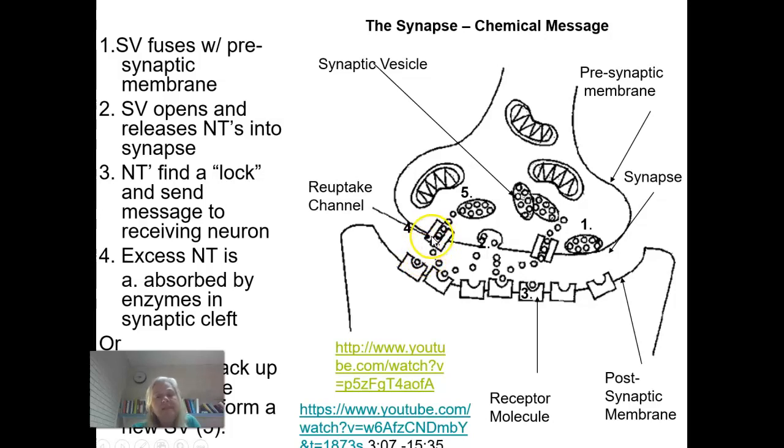And what they do is they chemically block this channel here, and that allows more of the neurotransmitter to stay in your system. So for something like depression, if you take an SSRI like Zoloft, it's going to keep more serotonin available to you to help you to overcome your depression if it's due to lack of serotonin. So I'm going to show you a short video here that will illustrate this process.